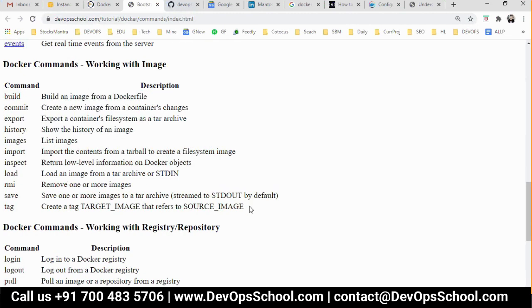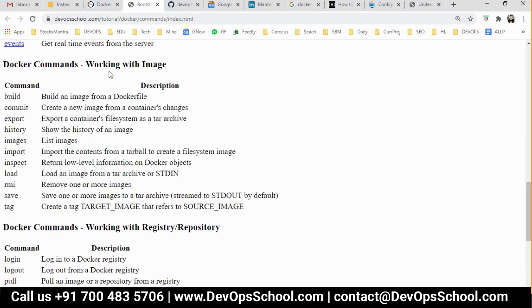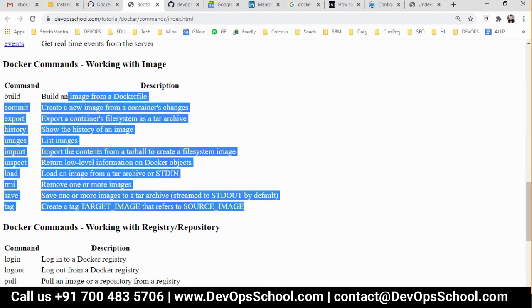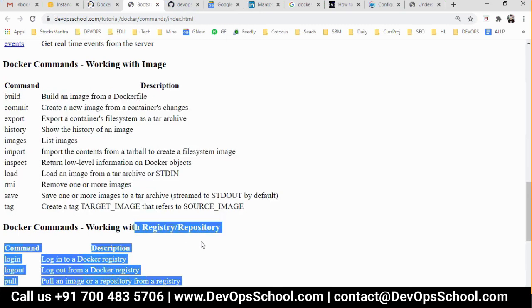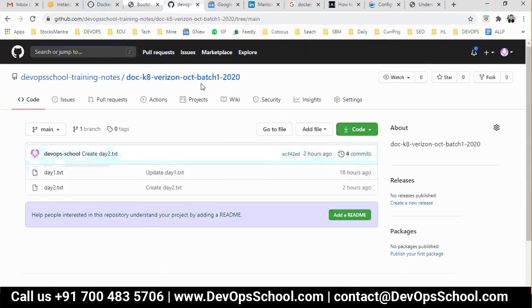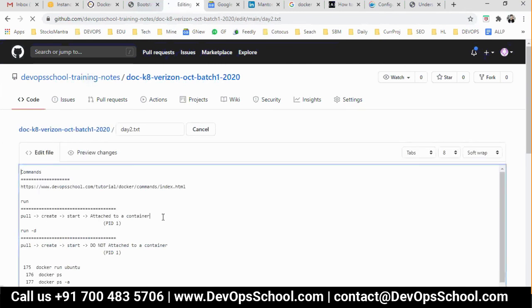That means now you have learned how to ride a bicycle. Now I'll teach you how to assemble the bicycles using working with images. I'll teach you how to develop an image, how to share an image using registries, how to run that image, how to troubleshoot that image, and all these things. So let me update these notes to day 2. And I'll give you 30 minutes for this lab. Do it. If you have any doubts, please ask me.